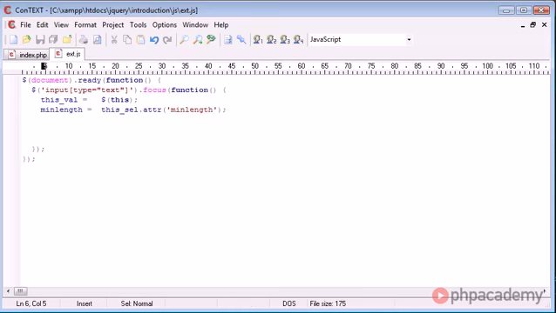So now what I'm going to go ahead and do is I'm just going to alert out min length, and we can see that when we select this, we're taking this dot attribute min length, and we're just